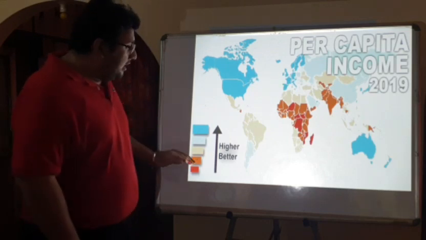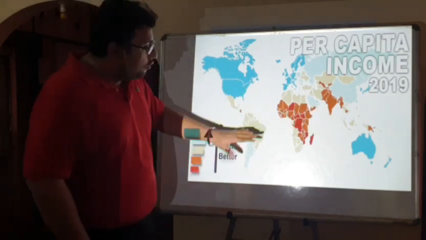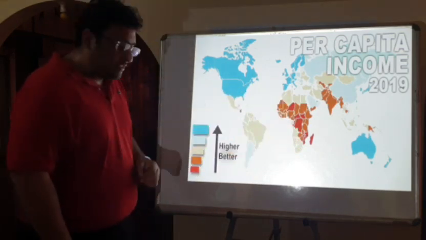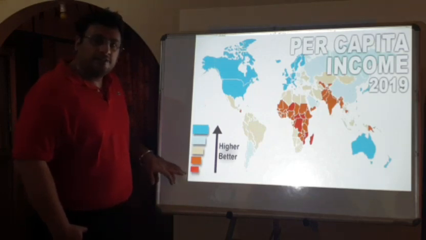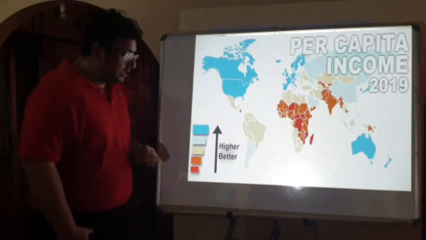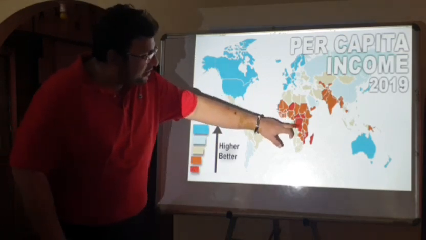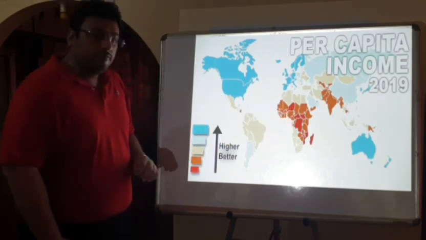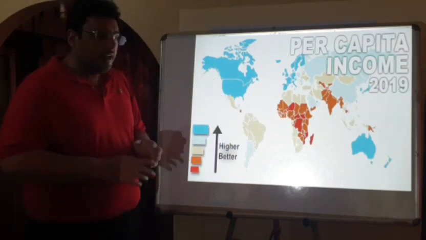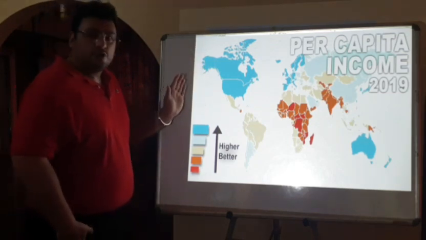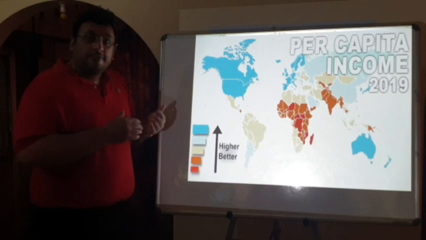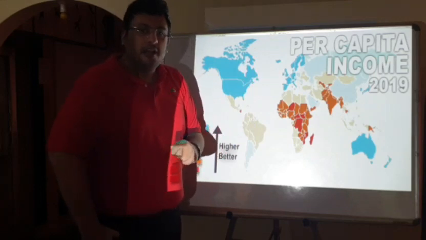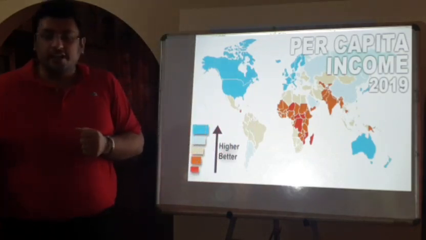India falls into the lower part of the per capita income along with certain African countries. You can see here clearly. And at last, which are the poor per capita income countries? The countries which we can say are very poor, these are the African countries like Somalia and all. You see, all these are maroon or dark brown, which shows that it has a very poor per capita income. So this graph shows which country is better, which country is bad or poorer in comparison on the basis of per capita income. Now let us go to the infant mortality rate.